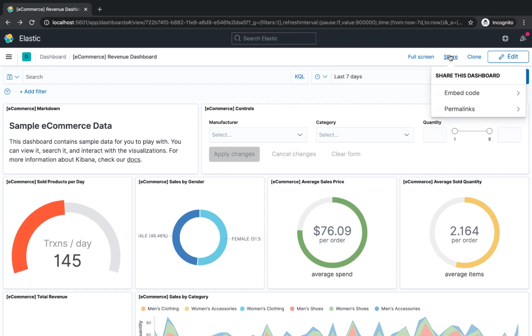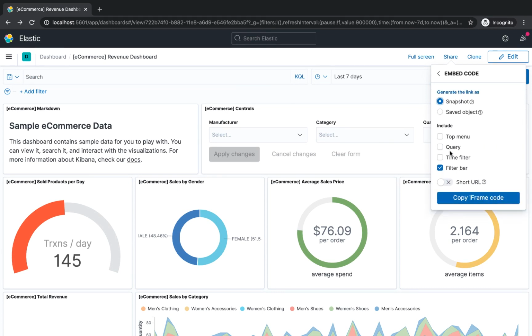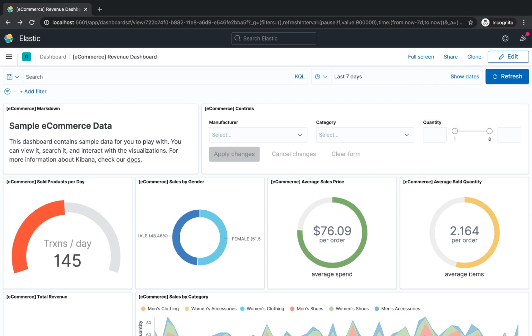You can also share your dashboard. You can create a permalink or you can embed it with some iframe code. Okay,